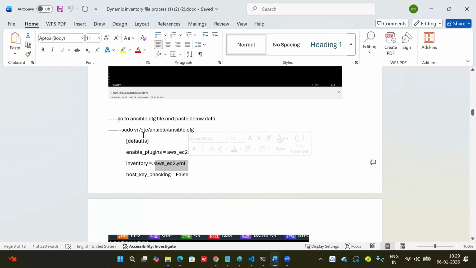So when you run any command, Ansible will first go and check the default section: is any inventory there or not? Yes, inventory is there, and it refers to one YAML file. Whatever you have written in that YAML works like your inventory configuration. Clear, na? Okay, so let's add these two now into the default section.